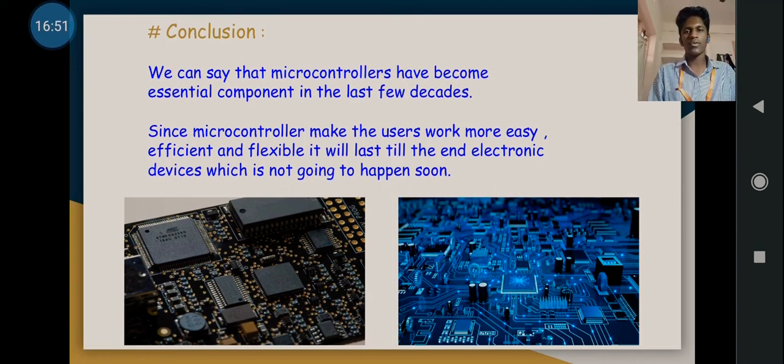The mobile phones we are using, the laptops we are using, the computers we are using are all kinds of electronic devices, and all these things consist of microcontrollers. So we can conclude by saying that a microcontroller is an essential component, and it cannot be degraded or discarded